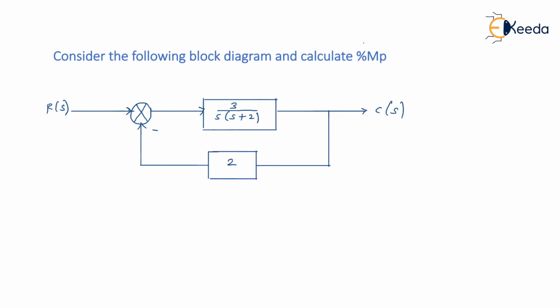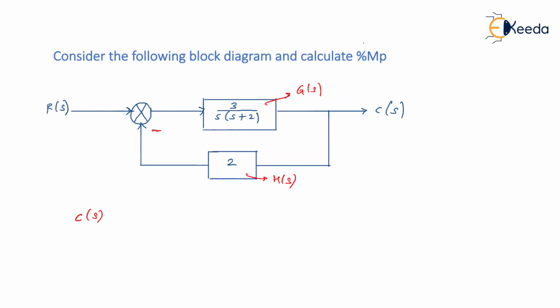Very simple. To calculate percentage MP, or other time parameters like delay time, rise time, peak time, settling time, please remember that you must have a closed loop transfer function. Until and unless you get a closed loop transfer function, you cannot calculate those time domain specifications. So from the given data, I'll try to get a closed loop transfer function. Note that here h of s is not equal to 1, but it doesn't matter. Let me tell you, I have to get a closed loop transfer function for this, which is, I believe this is g of s and this is nothing but h of s, and we have negative feedback system.